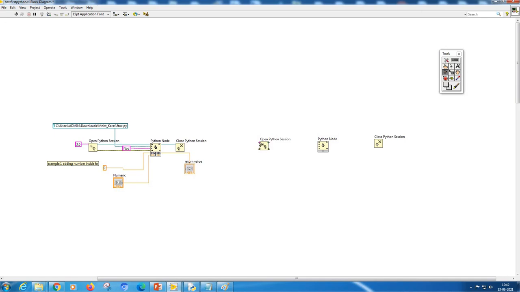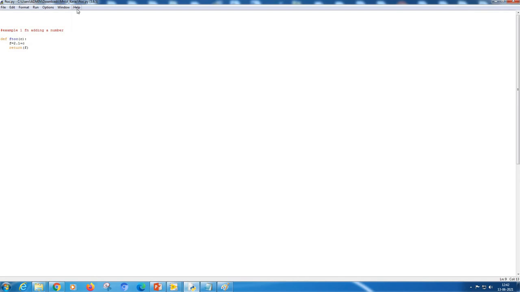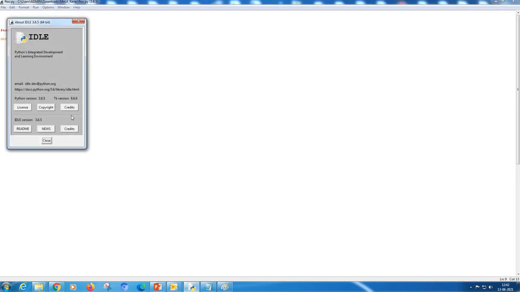Like I said, here you right click and create a constant. You can type in the Python version 3.6, because you remember the Python version which you were using was 3.6. You can see it here.